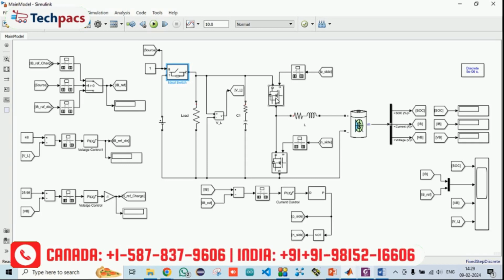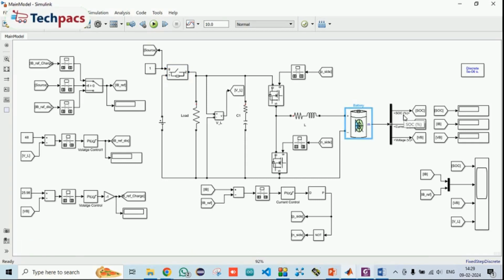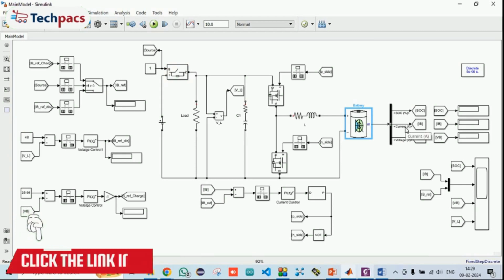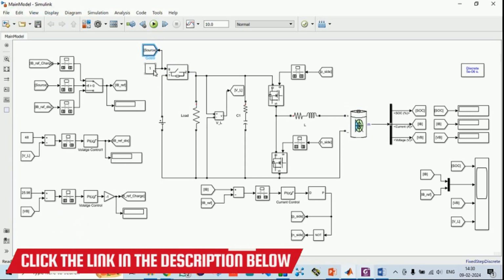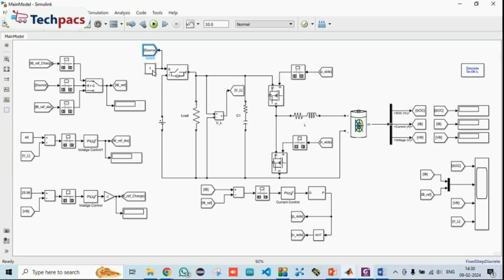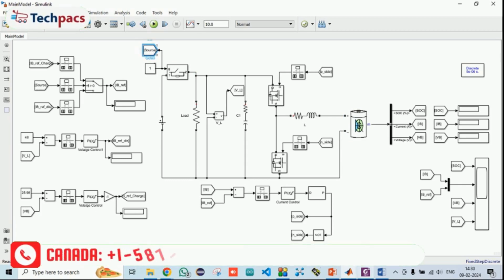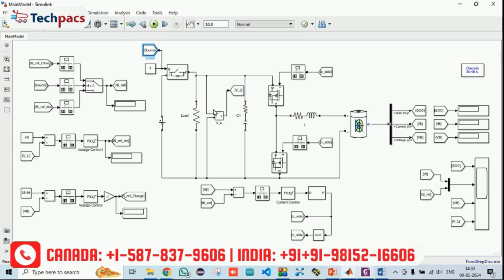Let's explain what we have done here. A battery bus system has been implemented which gives us the state of charging and discharging, along with showing us the result in terms of the current and the voltage. Now exactly what is happening: when the system gets switched on and the power source is available, and the constant value is set to 1, it means there is input power which is used to charge the bus. So it will send the data to the model,